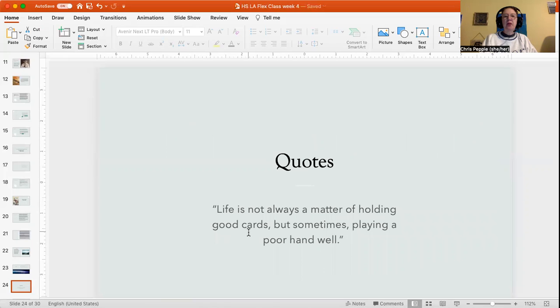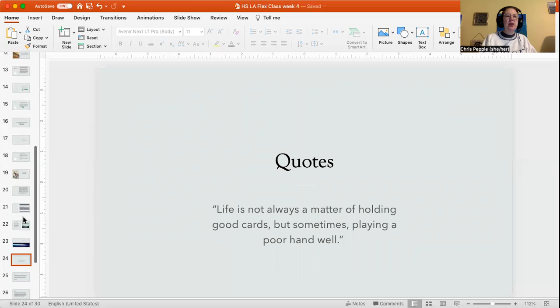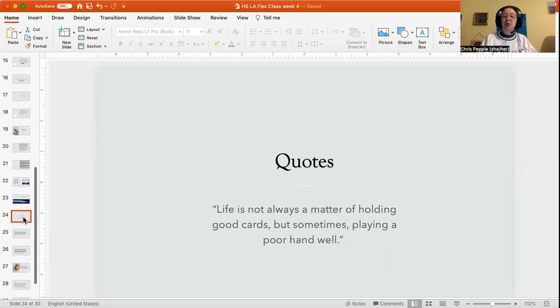Life is not always a matter of holding good cards, but sometimes playing a poor hand well. Okay, think realism again. He's saying you could still succeed. I'm going to show you realistically how to overcome the challenges of your social situation. He believed it was possible. Not that he was going to show us how. That was probably not the best way to say that, but he realistically put characters in the settings and gave us details about how hard and how challenging that was, and showed us how hard his own life was.